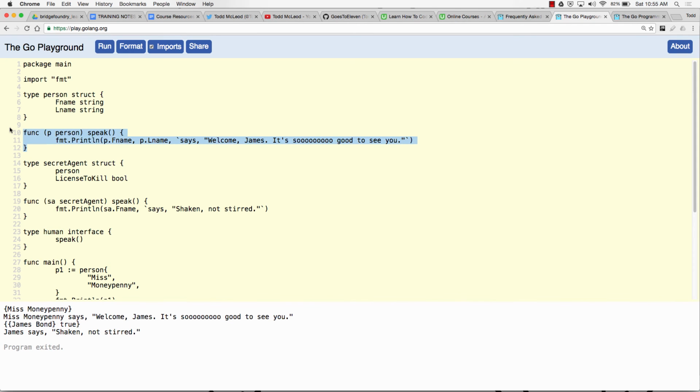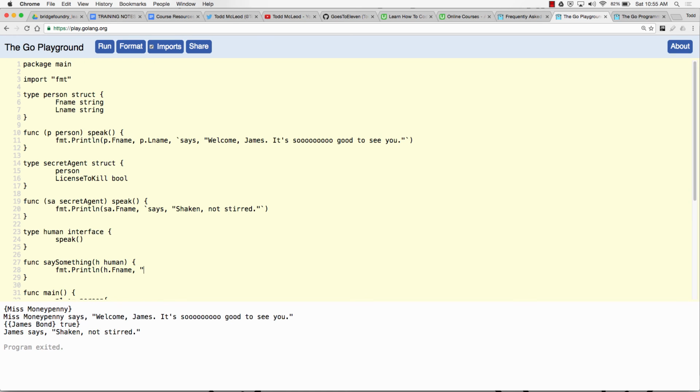So now we could do some cool polymorphism. And we could say instead of having two functions, I could create this right here. Func, and I'm going to say this function is called say something, and it takes a human as a parameter, and it returns nothing. And I'm going to say fmt.Println h dot fname.